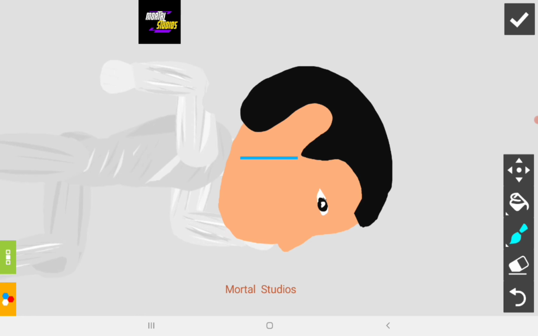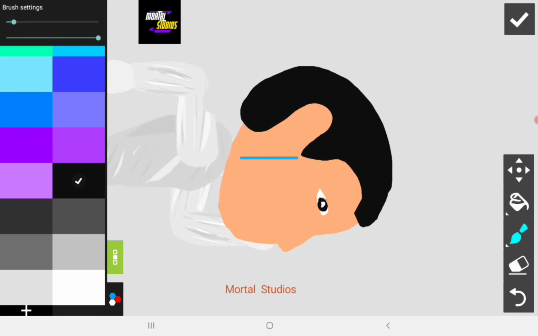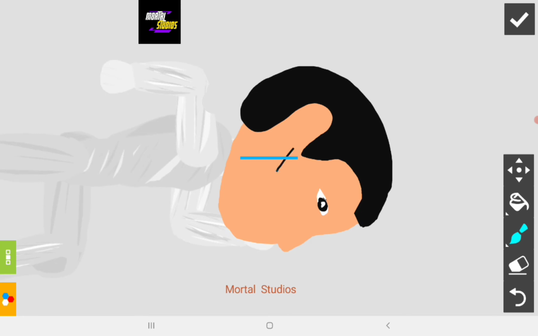Now we'll make the ears of the character. Select black and the width should be a little small, and then we are going to make the ear here. This will take some time too. Yeah, done with that. Okay, we're done with that ear. We'll just make a little patch here. Yeah, so we're done with that ear. It's a little difficult for making the ear.